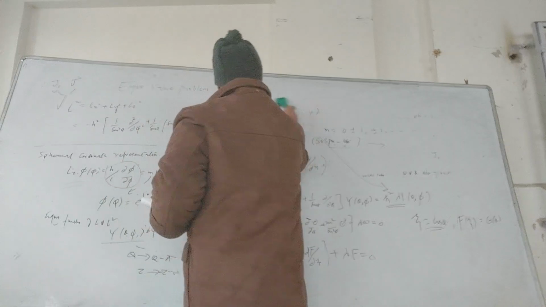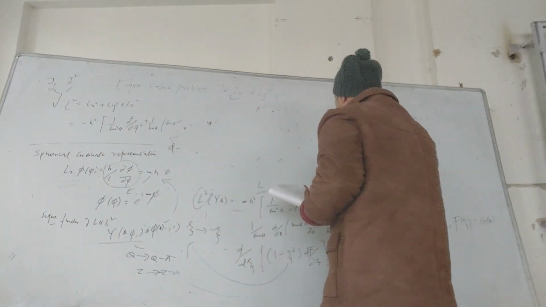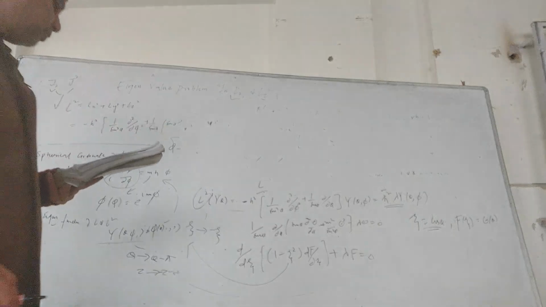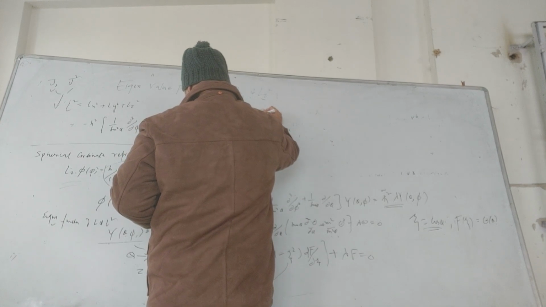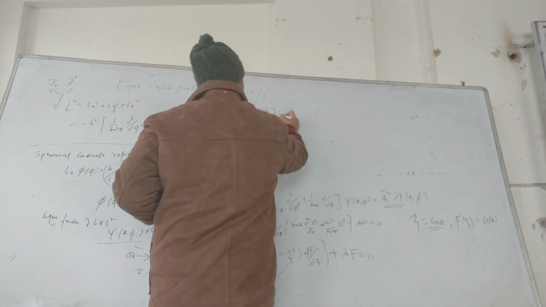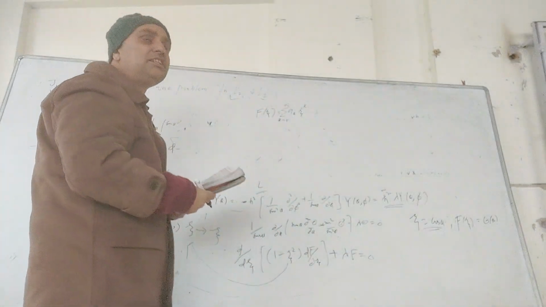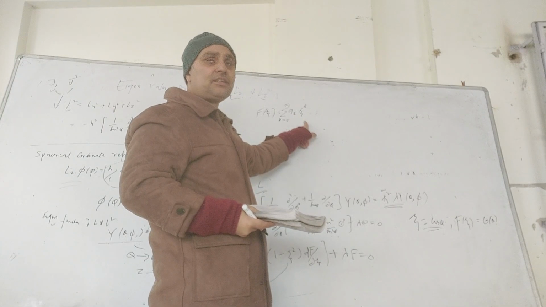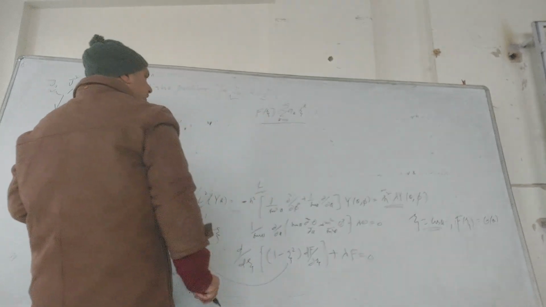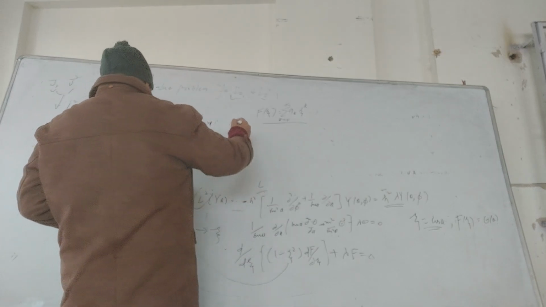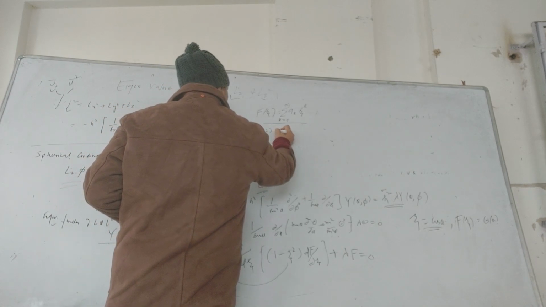नाउ इसका सॉल्यूशन, इफ यू सी द सॉल्यूशन ऑफ दिस लीजेंड्रे पॉलिनोमियल, it will come out to be, for example, f of ζ, ये को अगर हम ऐसे लिखेंगे k goes from 0 to infinity, एक सीरीज बनेगी हमारे पास, we can write it in terms of some series, some expansion of this series, है ना। फिर हम वो कोएफिशिएंट्स, so the solution of इसका एक recursion formula, I am going to straight away write the recursion formula of this Legendre polynomial, जो relation आएगी, it comes out like this, (k+2) a_{k+2}